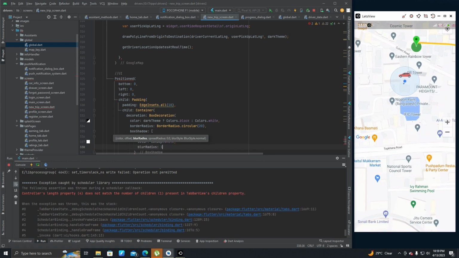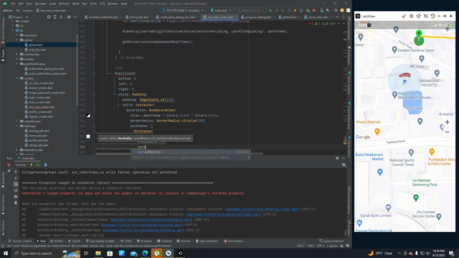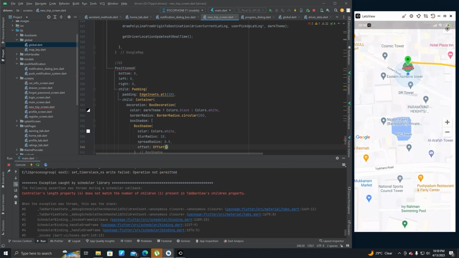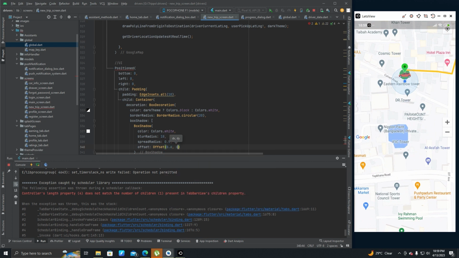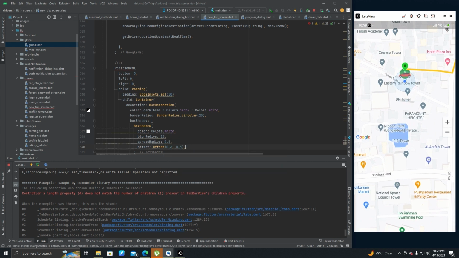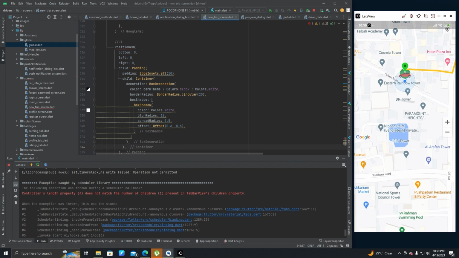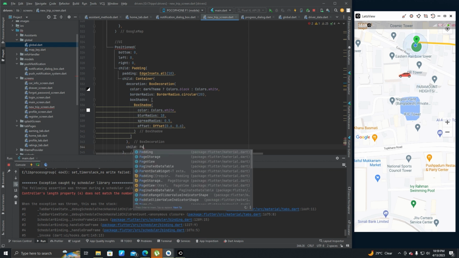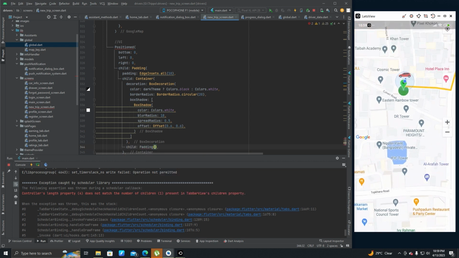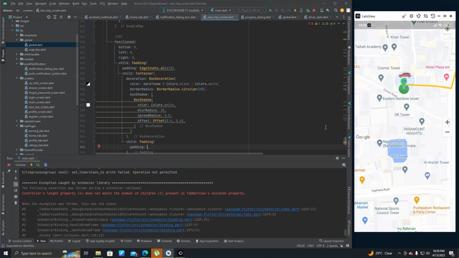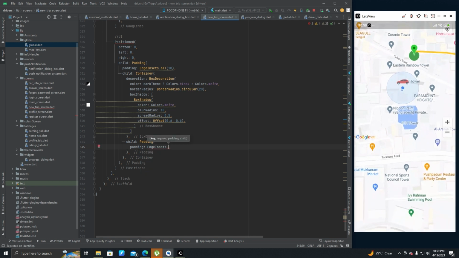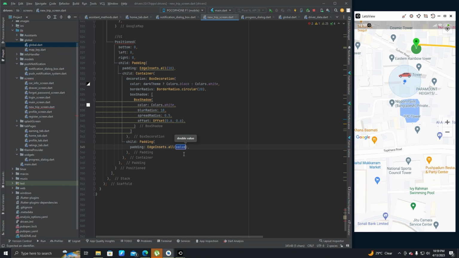Blur radius 18, spread radius 0.5, and offset 0.6 and 0.6. After this box decoration, we can add a child padding edge insets dot all to 10,